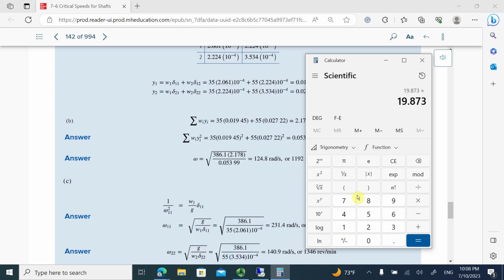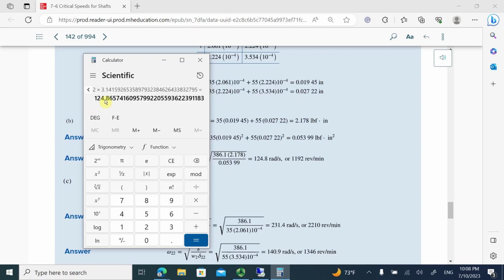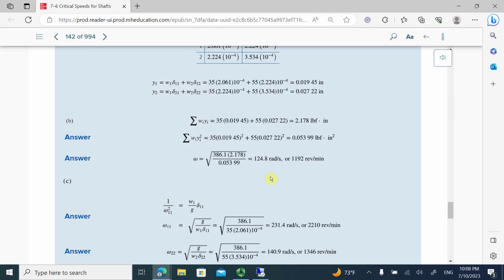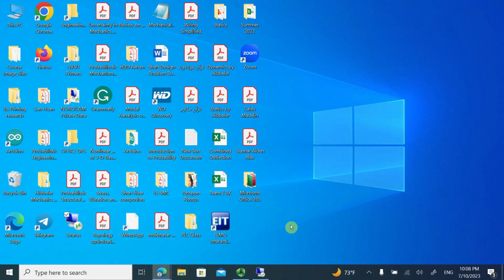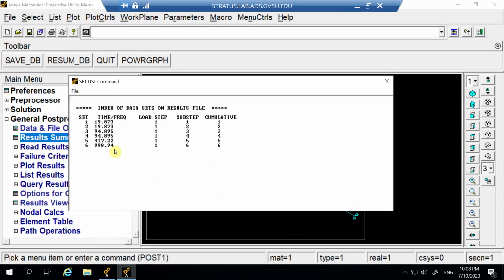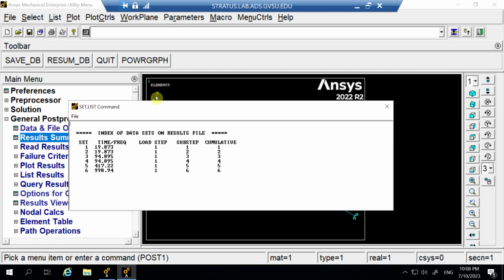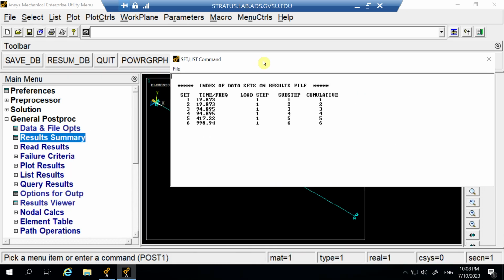19.873. As I said, if I multiply that by 2 and pi, you're going to get 124.86, which is very close to what Wiley says. Alright, so you see how it matches the results. Okay, we have first two natural frequencies that are the same, and the reason is this,